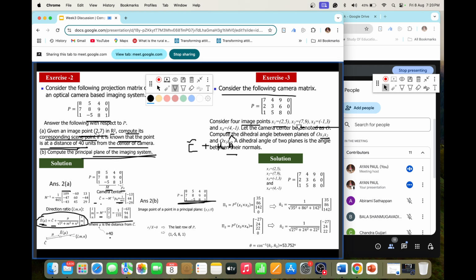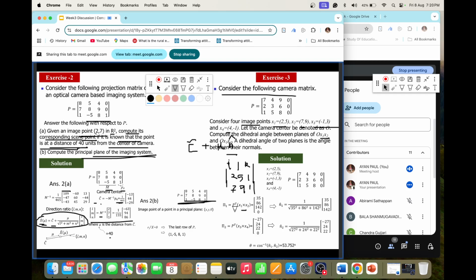So very easy. If we can get the line from these 2 points x1, x2, how can we get the line from x1, x2? Just do x1, x2, with i, j, k. For this x1 we have 2, 5 and 1, and for this x2 we have 7, 9 and 1. The last one is nothing but for scaling. So i, j, k, 2, 5, 1, 7, 9, 1. By this we can get the